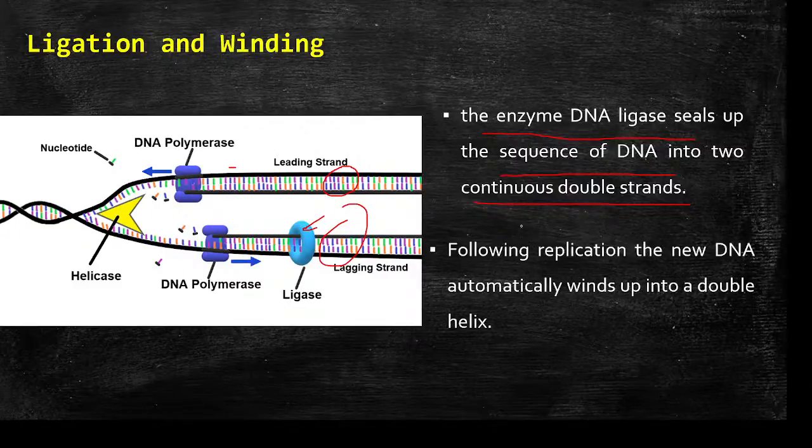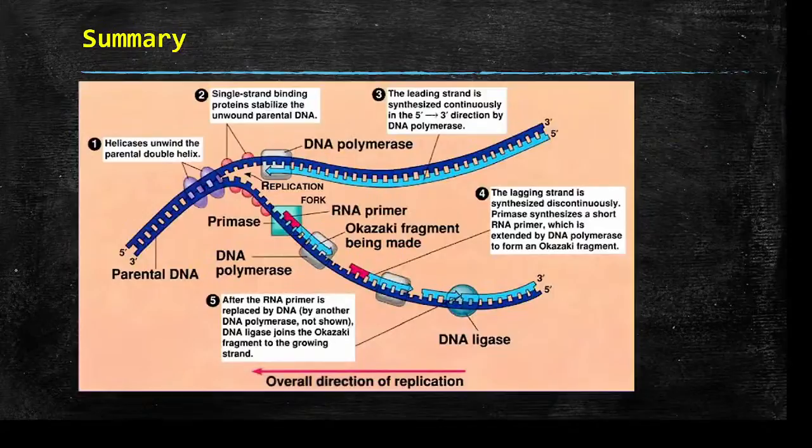Then once it is sealed up, the new DNA strands will wind and form the double helical structure. So from one DNA double helix, you are going to get two DNA double helixes, and each DNA double helix will have one parent strand and one offspring strand. So in summary of today's class, this DNA replication is a semi-conservative process where from one DNA double helix, two DNA double helixes are formed and each DNA double helix will carry one parent and one offspring strand.